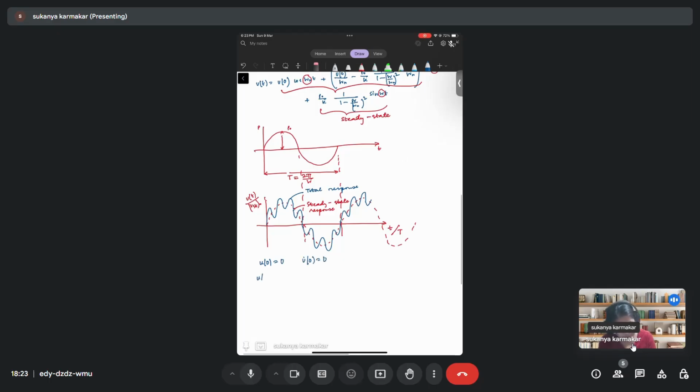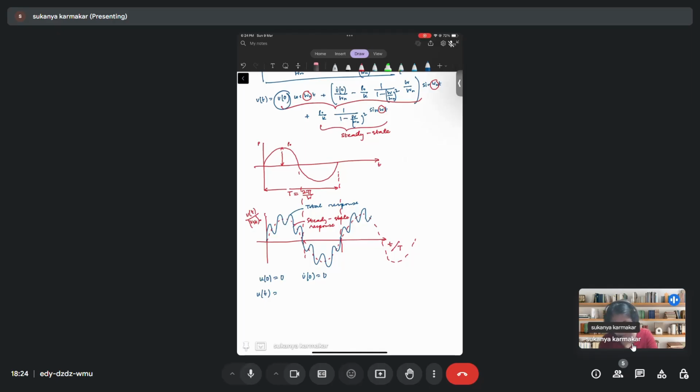So your u of t will become, now u of 0 is 0, so the first term goes away. u dot 0 is equal to 0, so this term goes away, and you are left with minus p naught by k, 1 by 1 minus omega by omega n whole square